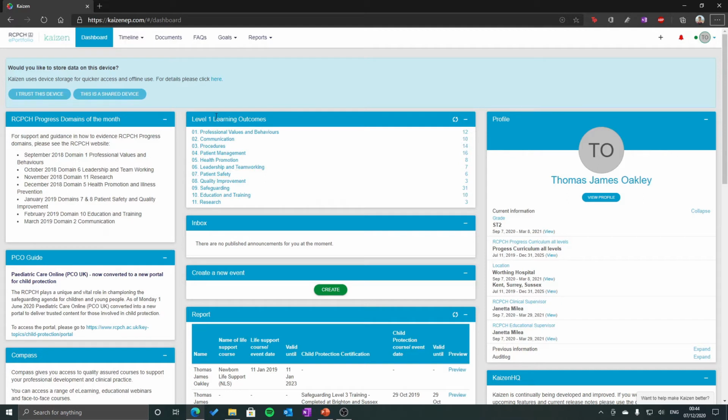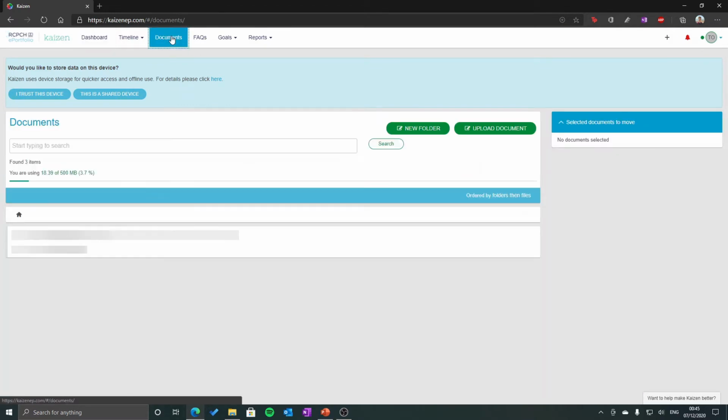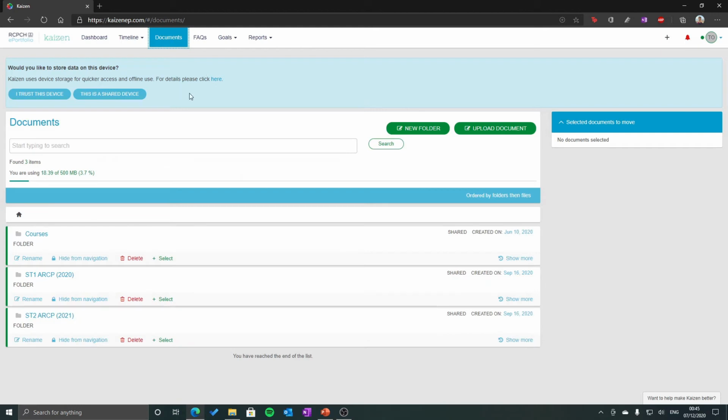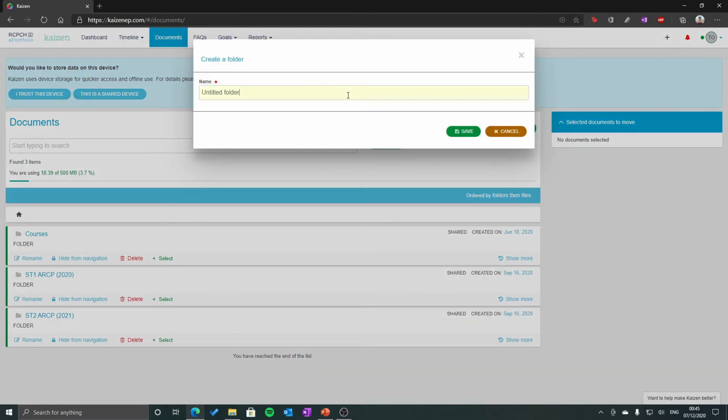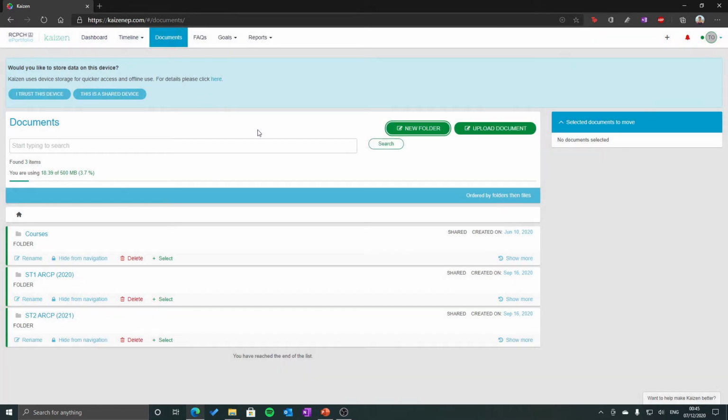So when looking at your documents and your folder, again starting off at this dashboard view, click on Documents. Now this will show any folders or any documents that are not within a folder on this initial screen. If you want to start a new folder, then click New Folder. From here you can choose to give it a name and save it, and that folder will now be in